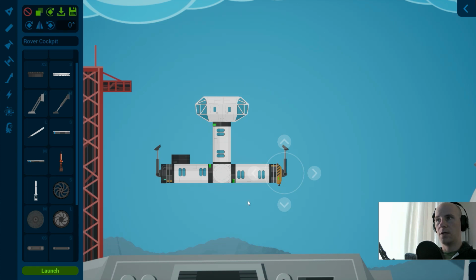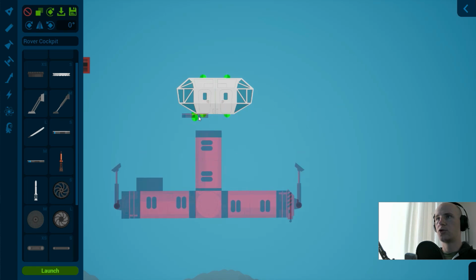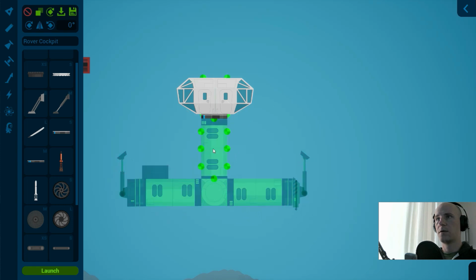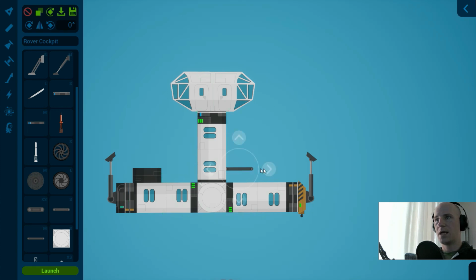Let's see, what else do we need? Let's add a small reaction wheel, because this is going to be a little bit larger of an object to rotate. And then I want to add some bracing. In this game, bracing is not really required, since the entire rocket acts as one physics unit, but I'm doing this for style points. So let's go ahead and add that